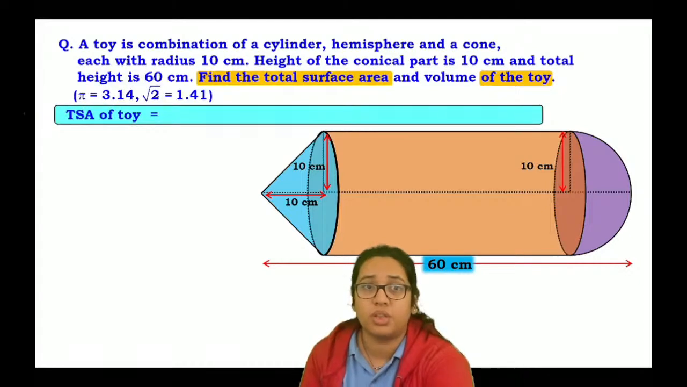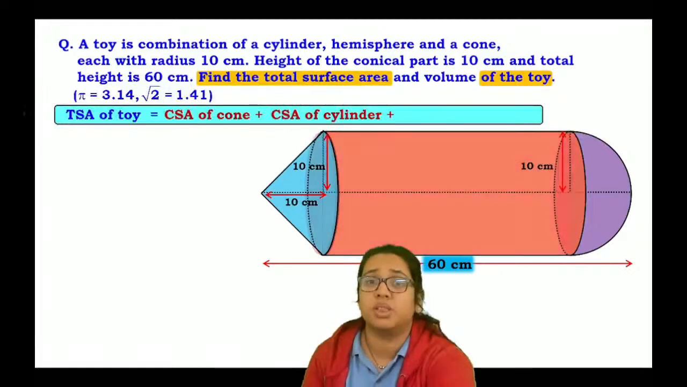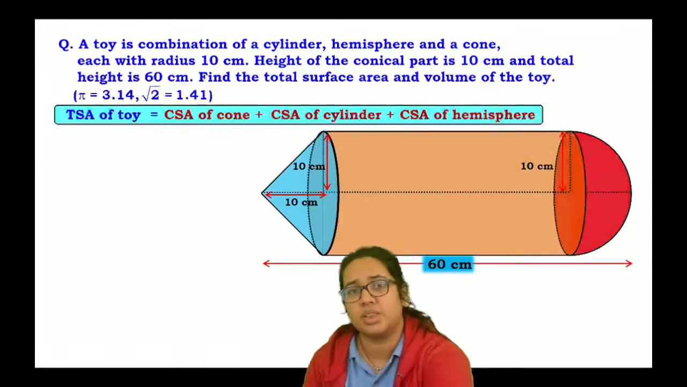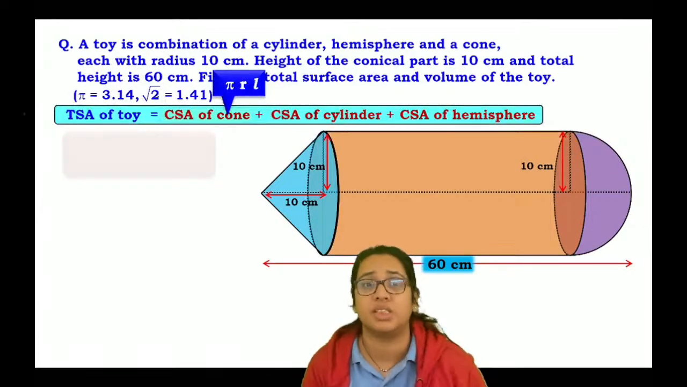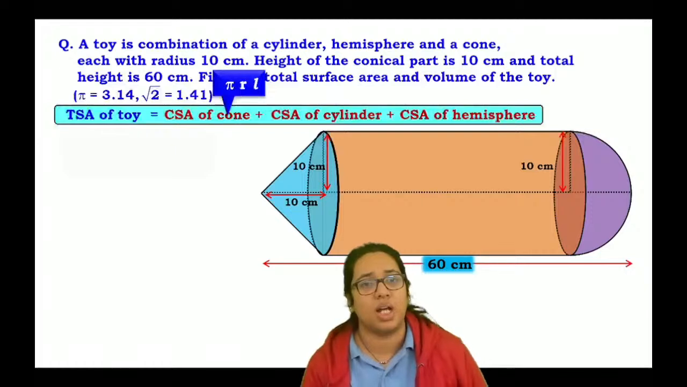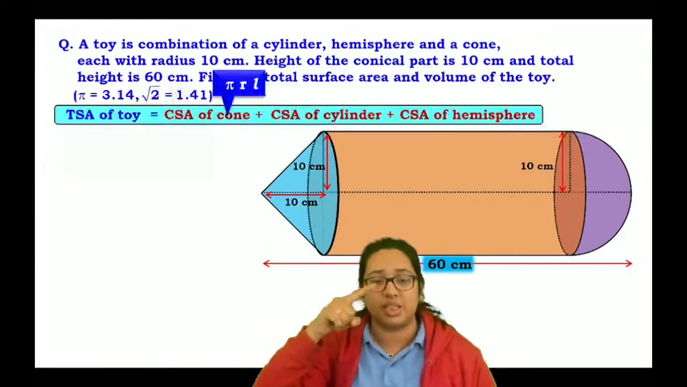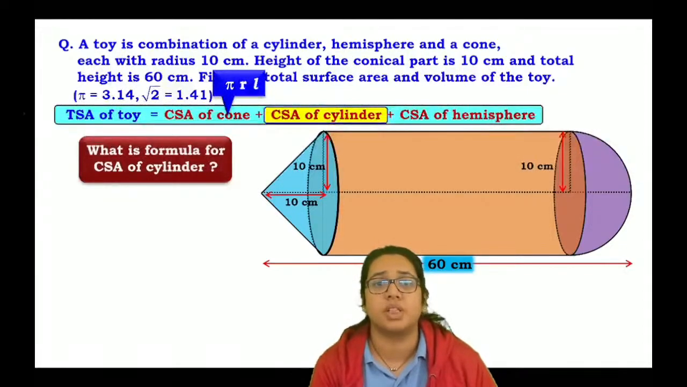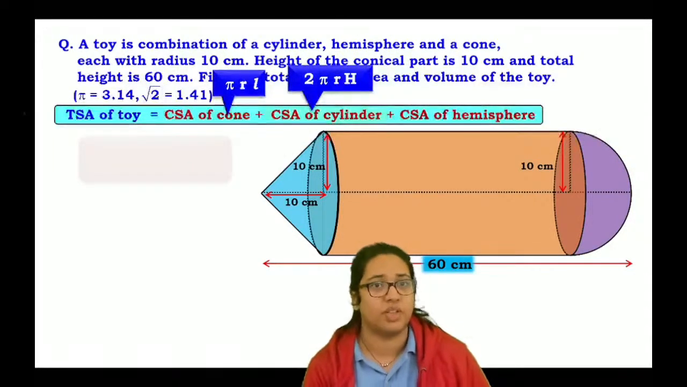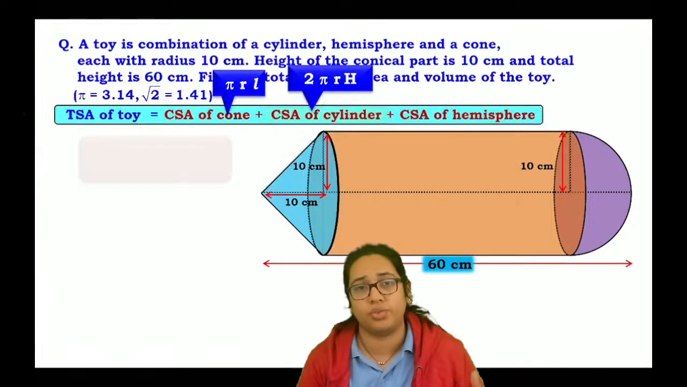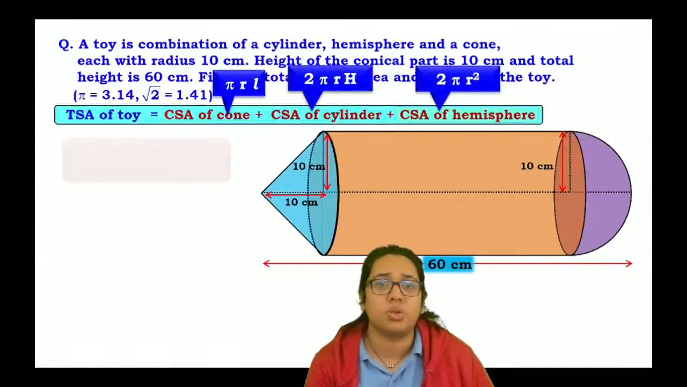So first of all, the total surface area of the toy is nothing but the curved surface area of the cone plus the curved surface area of the cylinder plus the curved surface area of the hemisphere. Now, the curved surface area of the cone is given as pi r l, where r is the radius and l is the slant height. Then the curved surface area of the cylinder is 2 pi r H, where capital H is the height of that cylinder, and the curved surface area of the hemisphere is